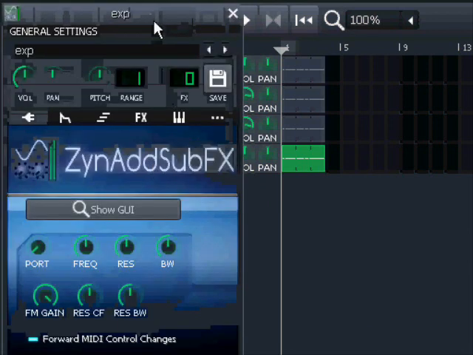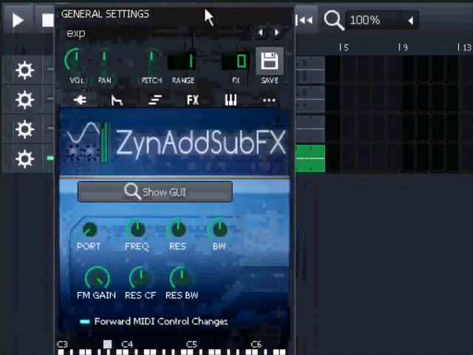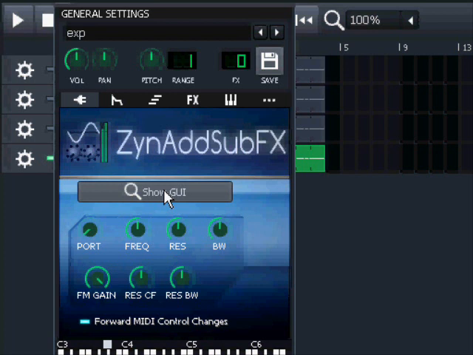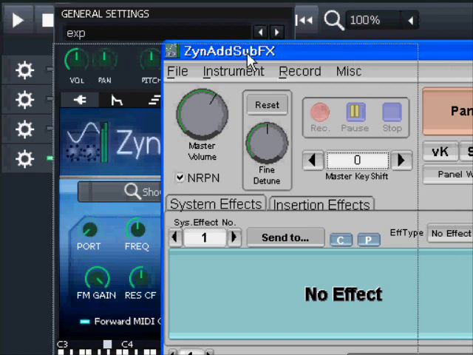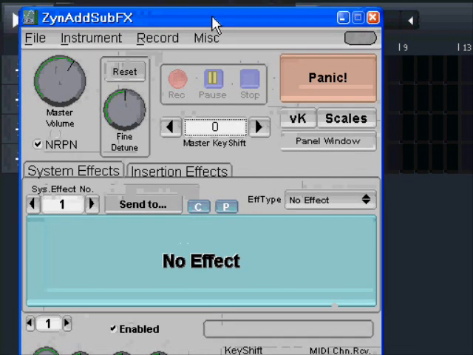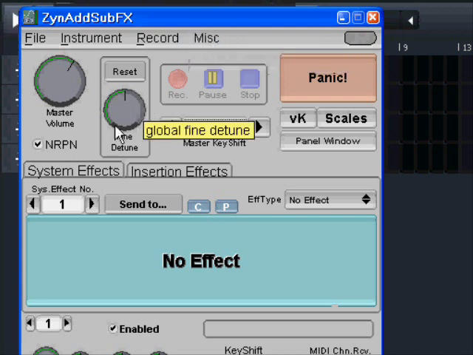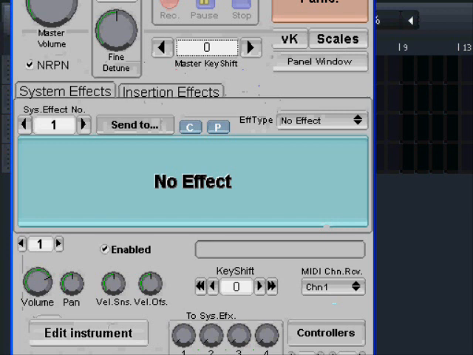The first thing we do is, of course, open an instance of Zyn, and then you go into this. You have here show the GUI, graphic user interface, and it will look something like this. If you do not see this, it's because you haven't got the advanced user interface. Then you switch user interface right here, and you'll get to the advanced user interface, and you need that because the next thing we are going to do is